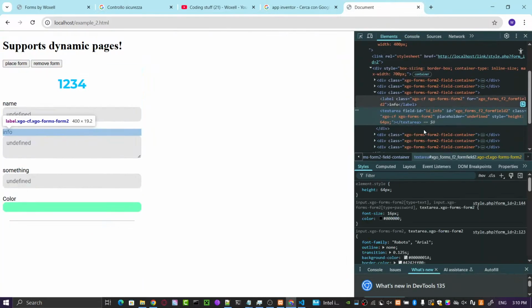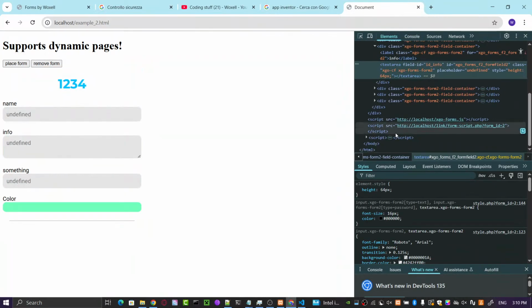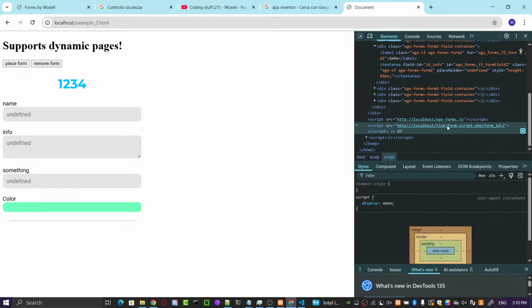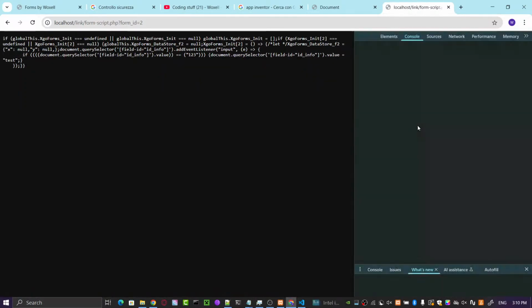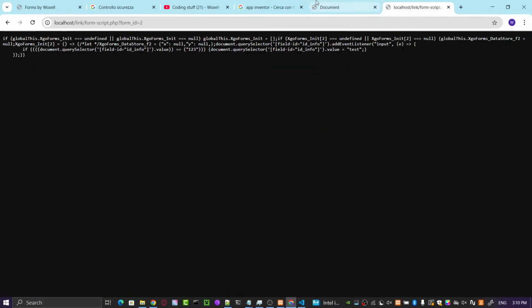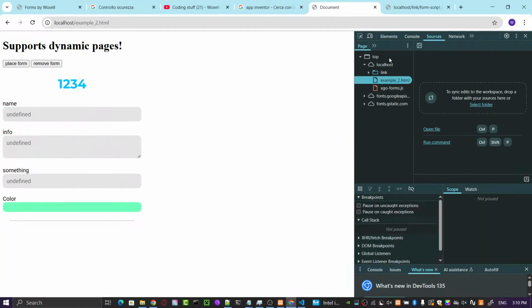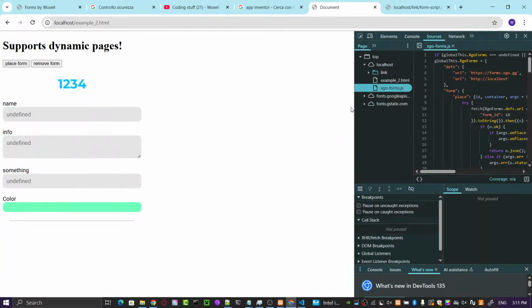If we go here, there is some JavaScript code. This one specifically. Yeah, this is the JavaScript code. You can see it here.